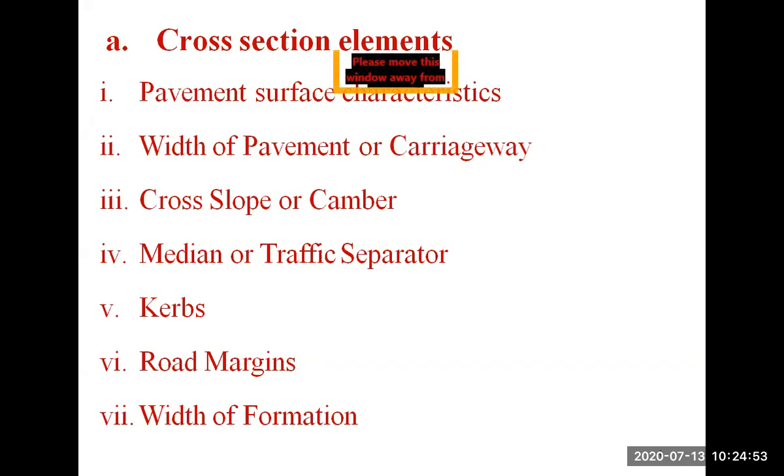So first cross-section element, as far as our roadways are considered, is nothing but the pavement surface characteristic. Very important one. You have realized, I think most of you are familiar, you are traveling on a particular track and there is rainfall, and some particles of soil come onto a flexible pavement. What you are going to observe is that your vehicle will skid. There is skidding of the vehicle.